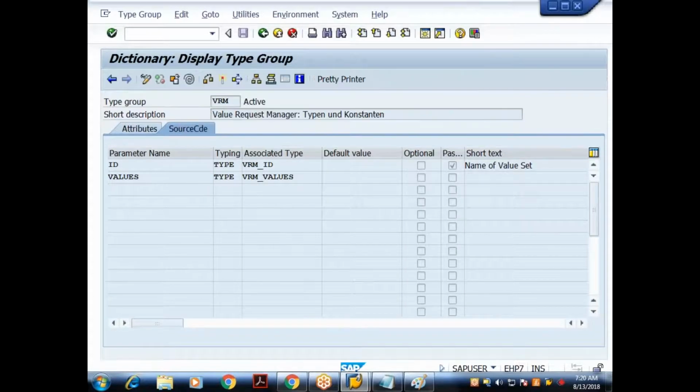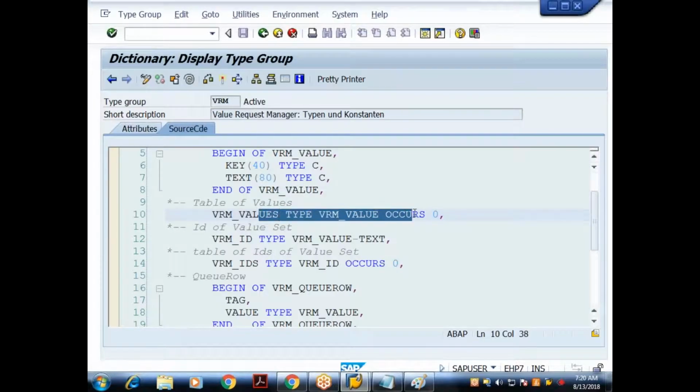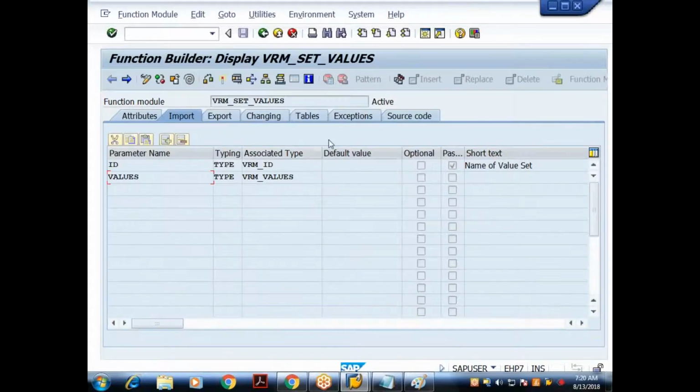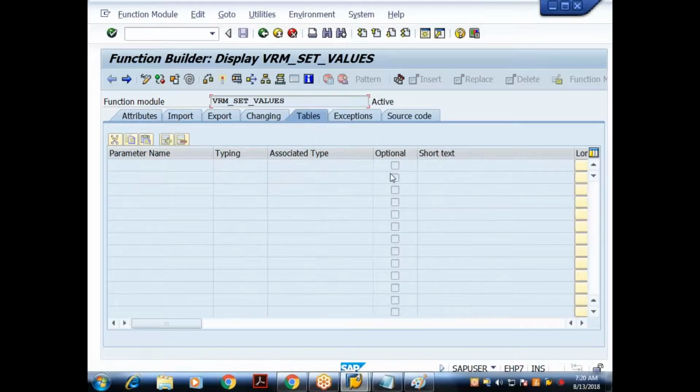By double clicking on this, I understood that it has the OCCURS keyword, which is something about an internal table. But anyhow, in this function module I don't have any tables parameters, so let us not focus on this now. Going forward, when we come across a function module with tables, we will focus on this.